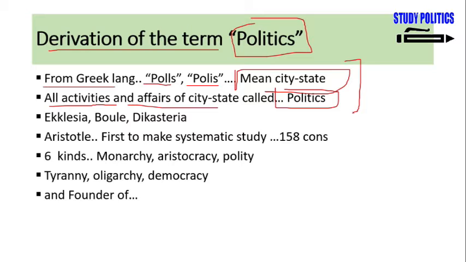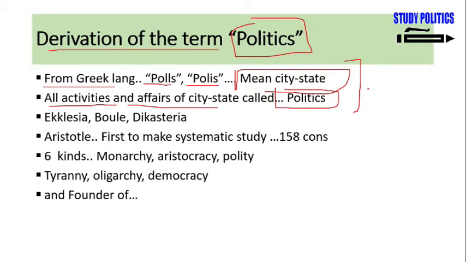We all know that in ancient Greece, there used to be a lot of Greek city-states, and most of the Greek city-states had their own constitution to run the internal affairs and internal administration of that particular city. For example, in today's world, Pakistan has its own constitution to run the internal affairs and internal administration of the country. Similarly, India has its own constitution, France has its own constitution, Germany has its own constitution. So each and every country has its own constitution to run the internal affairs and administration of that particular country.